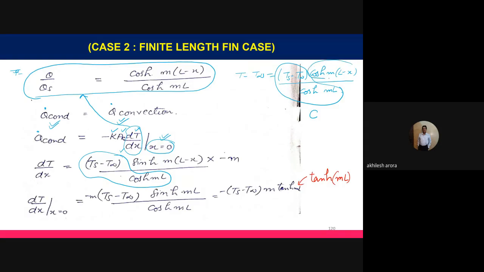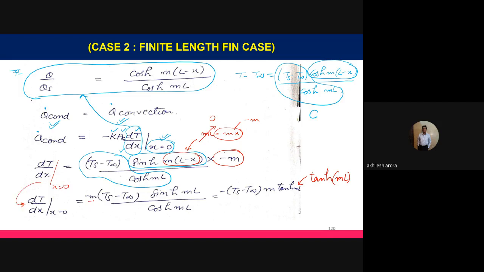For cosh(ml minus x), the differentiation is sinh(ml minus x). And then we have to differentiate this term, ml minus x. This is two parts, ml minus mx. You know that ml is constant, so its differentiation will be 0, and for minus mx, its differentiation will be equal to minus m. So this is what has been written here. Finally, the answer comes out to be dT by dx. Now this value is to be calculated at x is equal to 0.